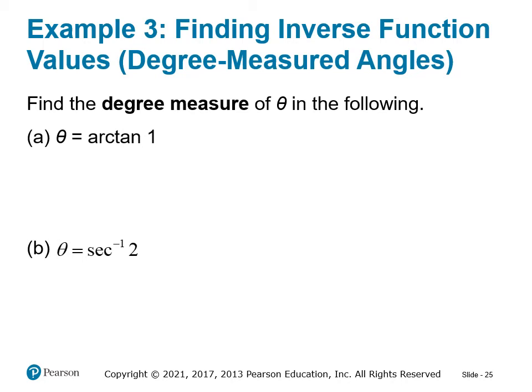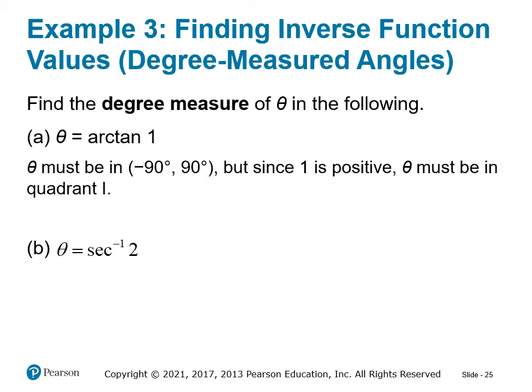Okay. Theta equals arctan 1. Okay, what does this mean? This means the tangent of theta equals 1. Since 1 is positive, this has to be in quadrant 1 because tangent is in quadrant 1 and quadrant 4. Tangent is positive in quadrant 1, where sine and cosine are both positive. Tangent, which equals sine over cosine, is going to equal 1, where the sine value is the same as the